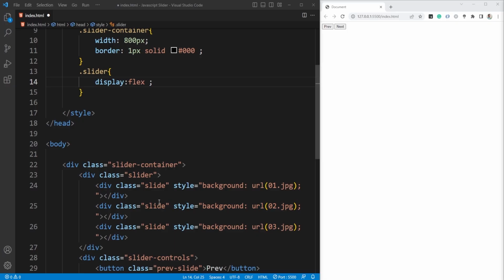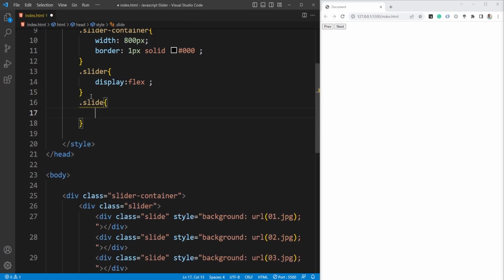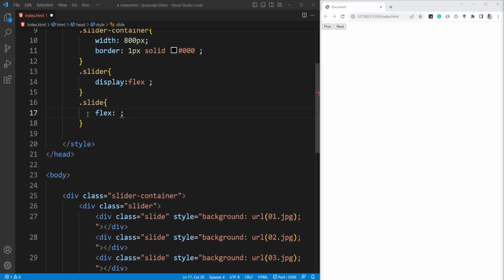And now we need to style the slide section. So I copy the class name slide, and I'm going to select dot slide, and inside the curly braces, I'm going to use flex property, flex, and using flex property I'm going to assign width to this slide. At first I'm going to assign shrink and grow value. Shrink value 0, grow value also 0, and basis value 100%. And also I'm going to take slide height